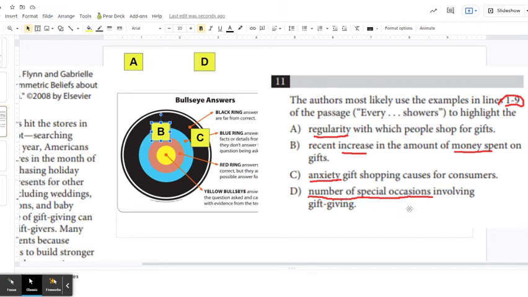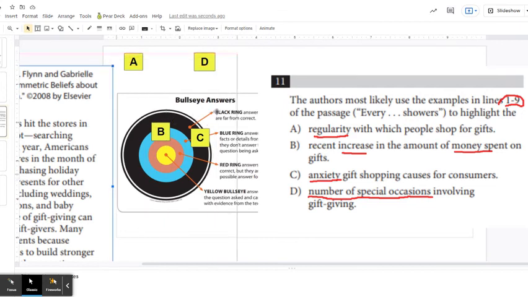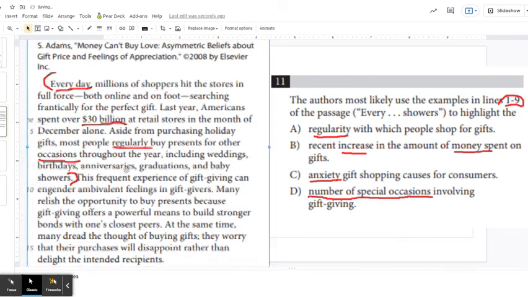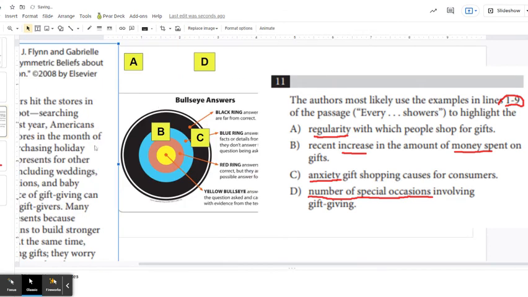It did talk about the number of special occasions, and actually, if we look back at the passage, it even listed many occasions like weddings, birthdays, anniversaries, graduations, and baby showers. So that's a possibility. This regularity, it talks about how every day people shop, and it talked about, aside from holiday gifts, all of the other gifts that we buy presents for throughout the year. So, narrowing this down, D does answer the question, but the best answer choice for this one is going to be A